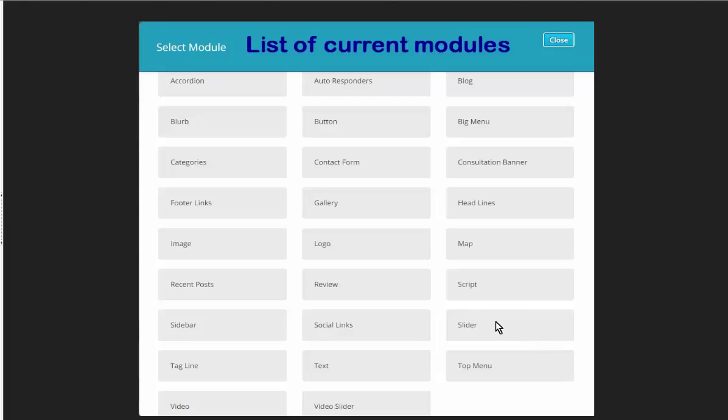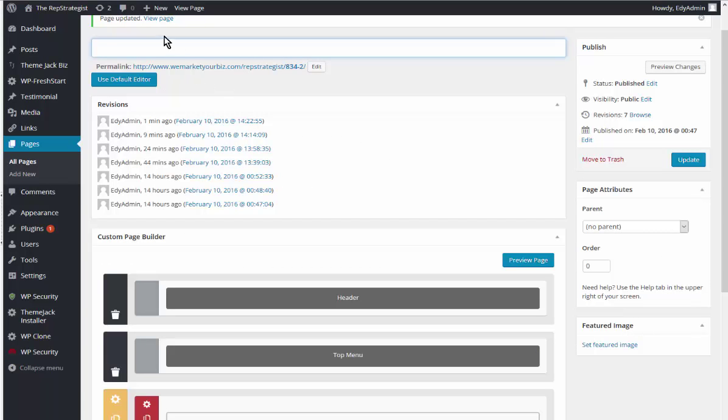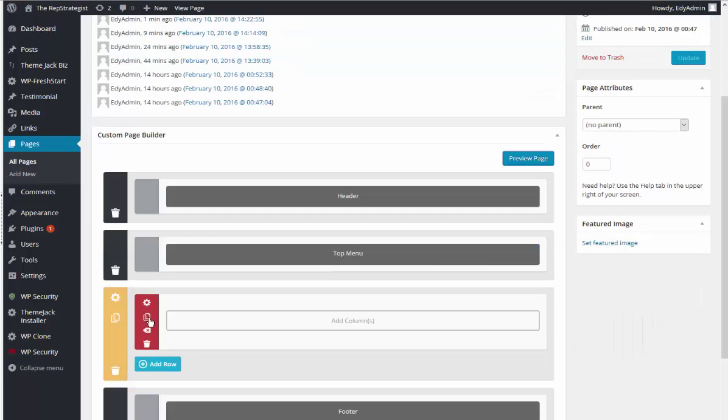Okay, this video is on adding and setting up a slider. So we'll go to a new page. You can add a slider wherever you want. Okay, I have a new section here and I'm going to